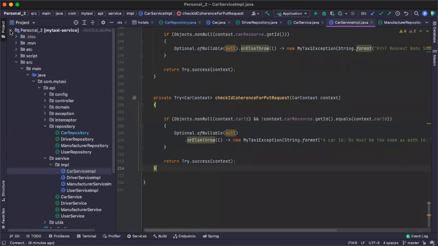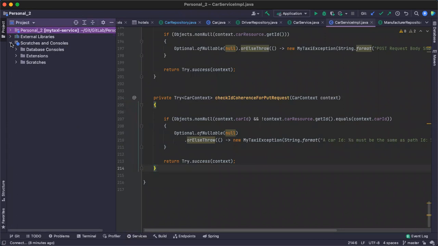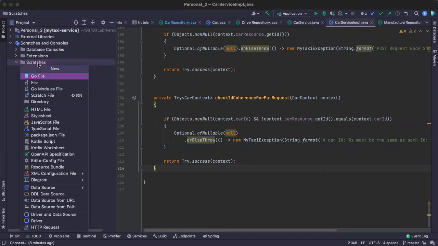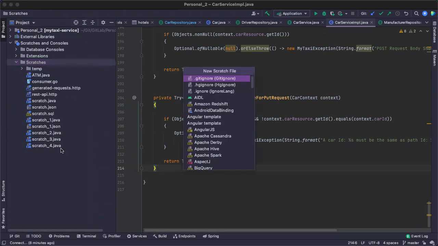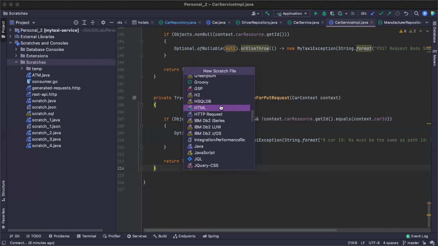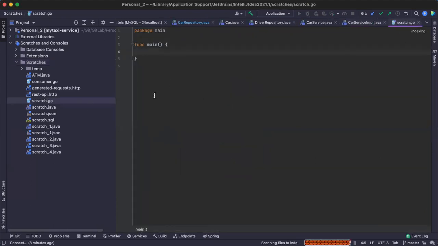So here in IntelliJ we have something called scratches. Scratches are files where you can create as many as you want, and you can create them in any programming language. These are the list of scratch files I can create. Control Shift N. If I press Control Shift N to bring up the scratch files, I can create any file. For example, this is a Java project, but I am creating a Go file. This is scratch.go, and I can write all the Golang code here to do this activity. And I can validate this.